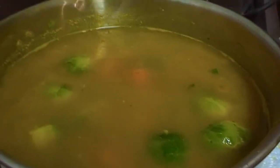Now, the reason I use so much water, remember there was like 2 inches of water, and you can see how high it's gone. It's quite high up now, right? That's to make sure that once it kicks off on boil, there's enough water for the amount of time needed to make sure them sprouts and carrots are properly cooked so that they'll be nice and soft. There's nothing worse than sprouts that are too hard, right? It's one of the biggest problems when people cook food, they go, they're a bit too solid. Once you cook them to the mushiness and they're soft and they melt in your mouth,